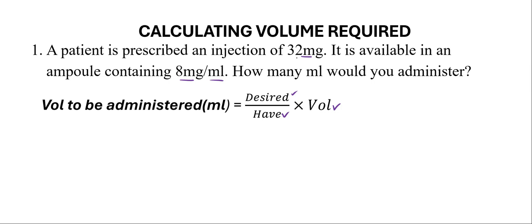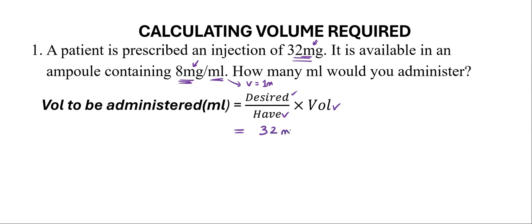So the desired amount is 32 milligrams. It's in milligrams, and what they have is also in milligrams. We must ensure that the units match up at all times. The volume is 1 ml. So by substitution, we have